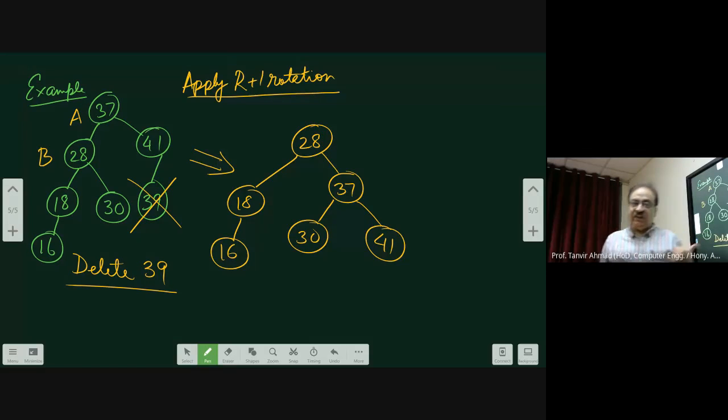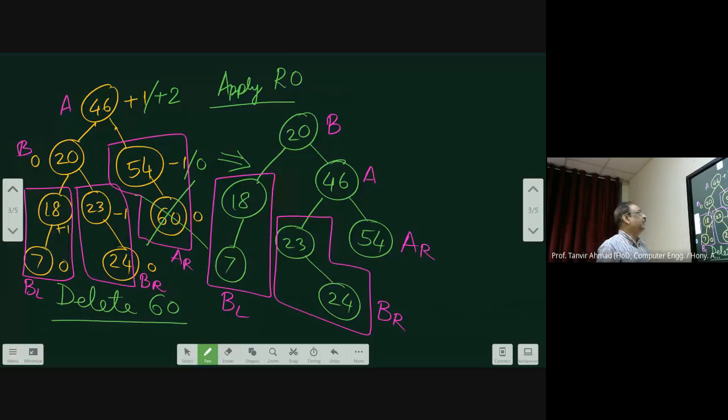But normally what you have seen is that when I rotate, it decays by 1. But here it decays by 2. The balance factor of A was +2. That means the root was +2. Now the new root we got has come back to 0. If you see this case here, it was not like that. Here, 46's balance factor was +2. After rotation also, the balance factor of this is 1 less. That means here it is more.